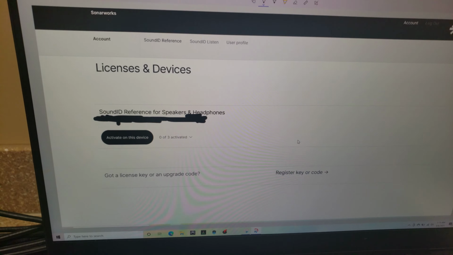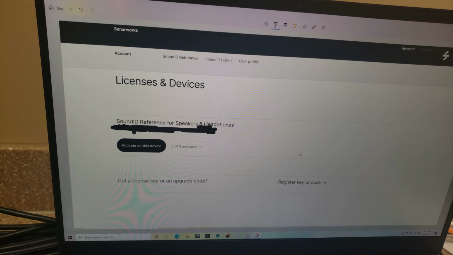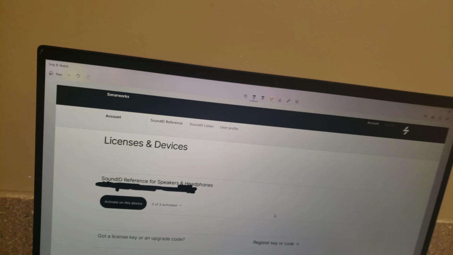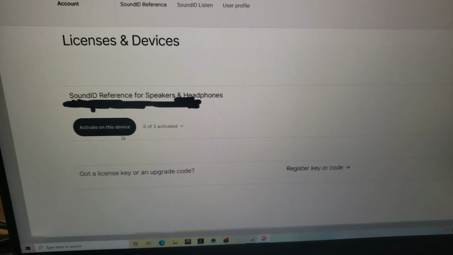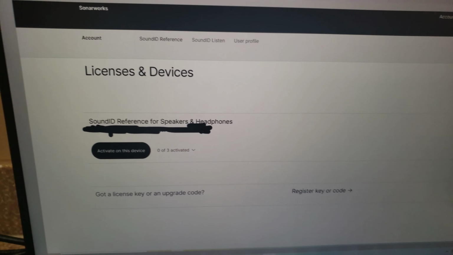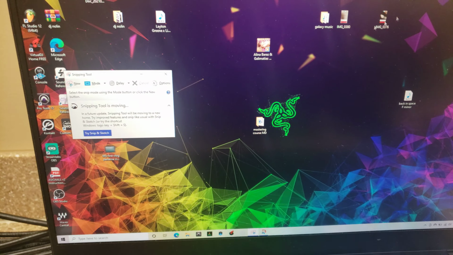So after I did that, I deleted everything again, and then activate on device. After you install it again, activate on device, and it worked. So really what made it where I figured out what the issue was